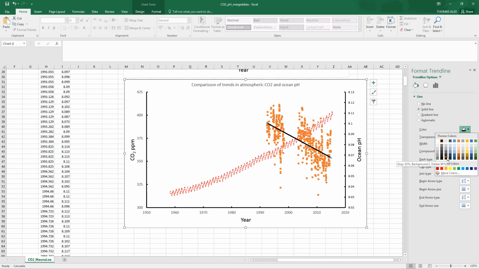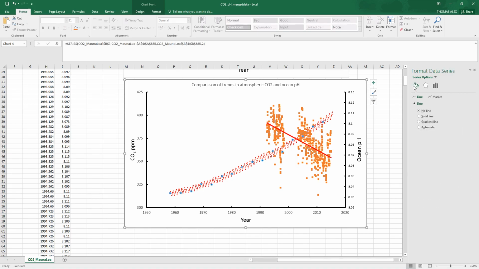So if you've got two data series like this, it's a good idea, if you're using color, to try and group two colors together. So things like trend lines or summary means of one group of data all look like they're part of one group, whereas the other one looks part of the other. So in this case, maybe if we make all the pH stuff reds and oranges, and for all of the CO2 stuff, we could change that to marker options. We could fill that in maybe blues. Okay,